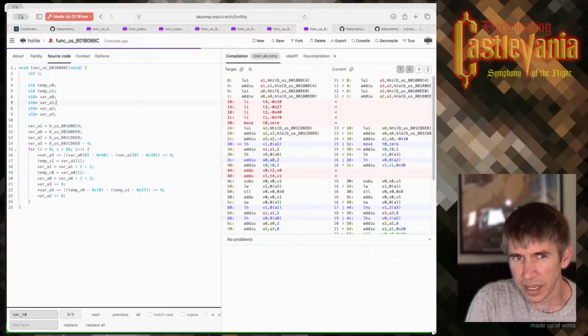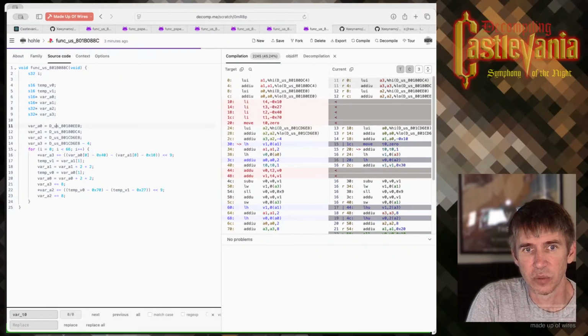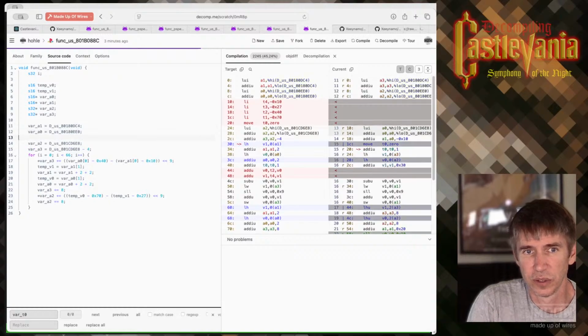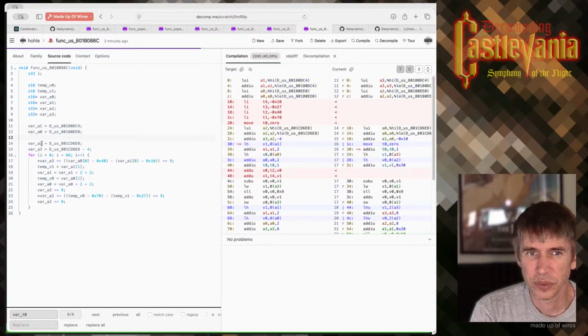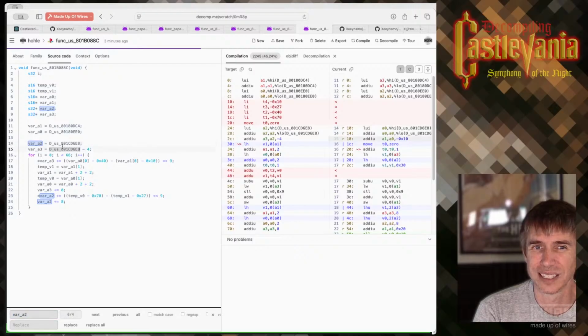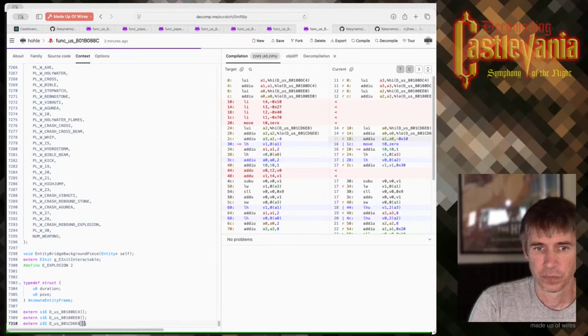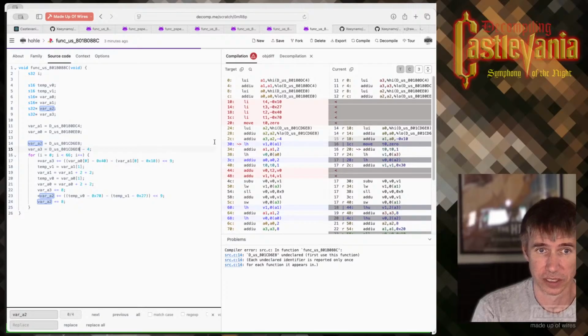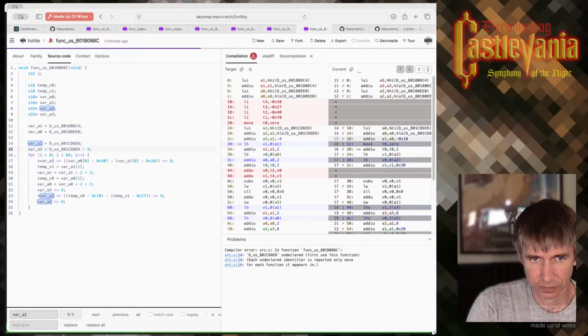And I think var A0 and var A1 are going to be fine. I don't think var A2 and A3 are going to be, though. I think these are going to be a single variable, and I think this is going to be, like I said, starting at E4, and that's going to screw some things up, but let's do that. So we're going to just have var A3,